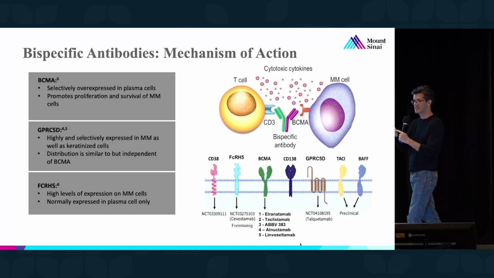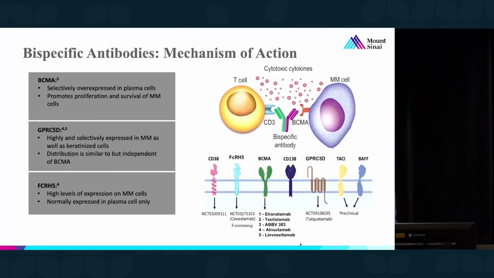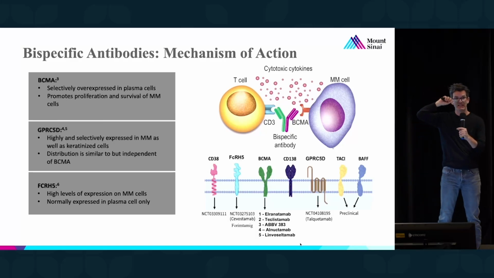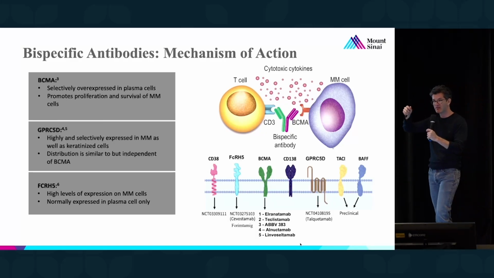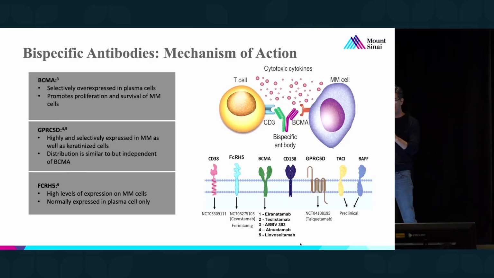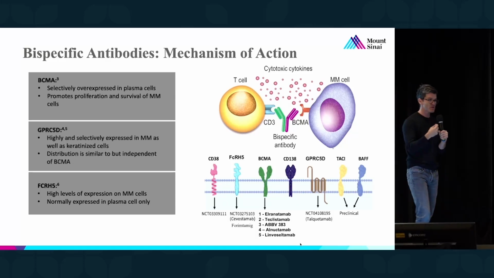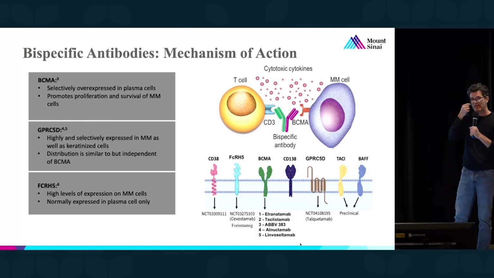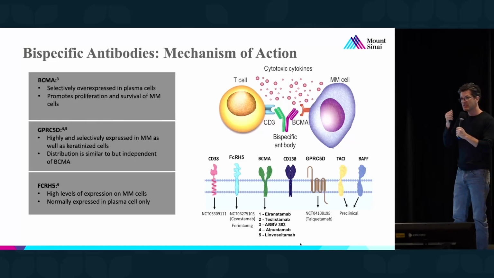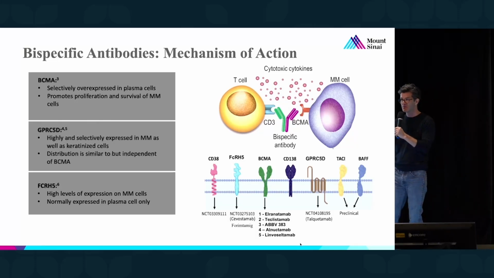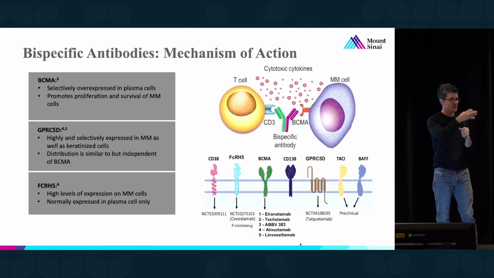We see it expressed in the sweat glands that don't have hair follicles, which is the palms and the soles of our feet. We also see it expressed in hair follicles, but it's expressed in the phase of the hair where the hair is not active and it's dormant, so that's why we don't have any problems with hair loss. But it is also expressed in some cells in the base of our tongue, not the taste buds, but cells that are around the taste buds. And one of the side effects that we're seeing is that it can affect our taste because it's causing inflammation